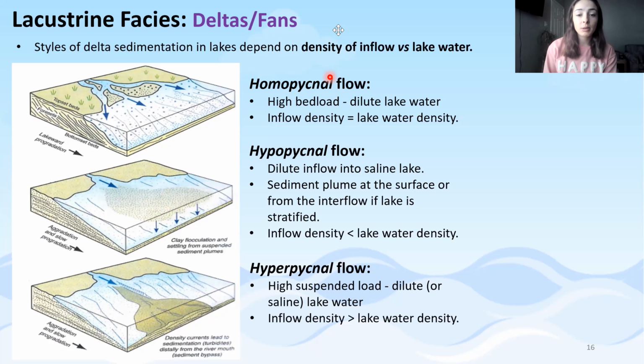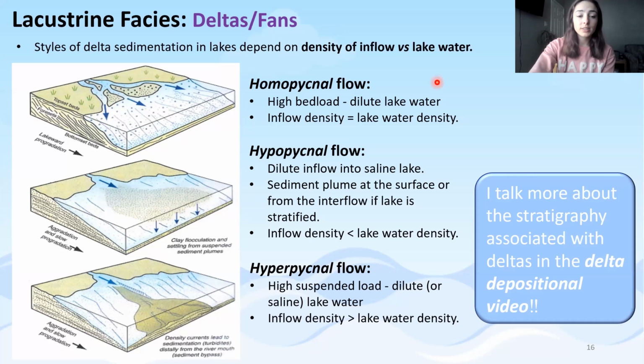And this causes sediment plumes at the surface or from the interflow if the lake is stratified. And lastly, if the inflow density is greater than the lake water density, this is called a hyperpycnal flow. And this is typical of high suspended load into dilute lake water. All of these different types of flows cause different types of sedimentation in the delta or fan facies of the